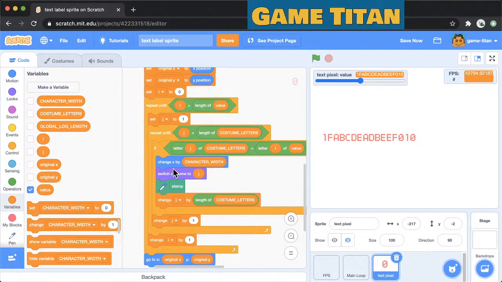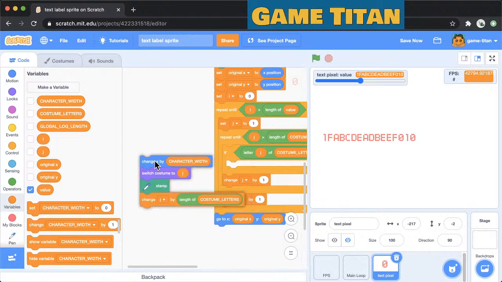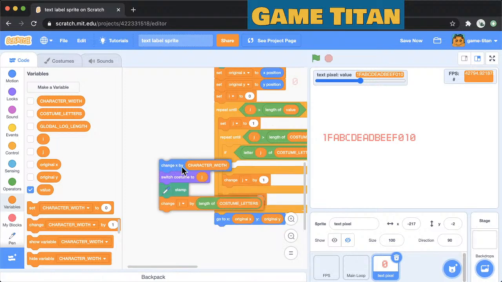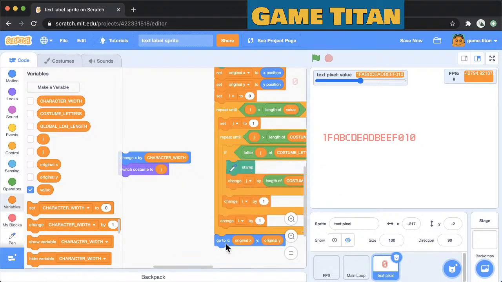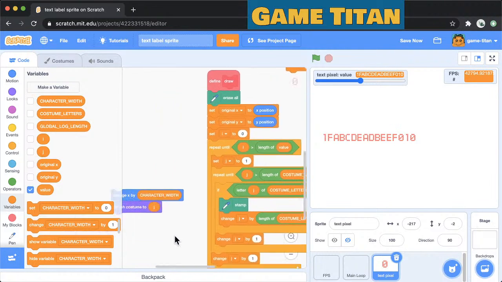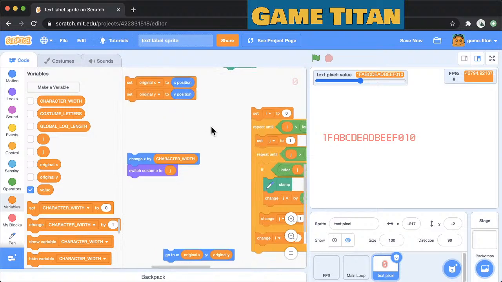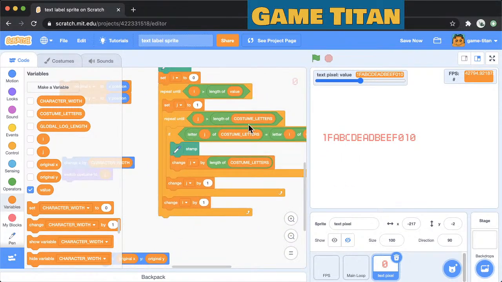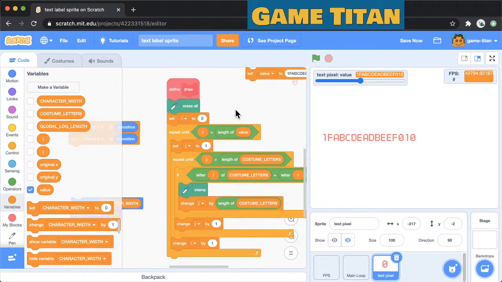Stamp. I guess we could do that by removing these movement blocks here, as well as this one. And then I'm not sure if querying the X and Y position also causes a screen refresh. So here now we just have variable operations and this one stamp call. And if the stamp call causes a screen refresh,